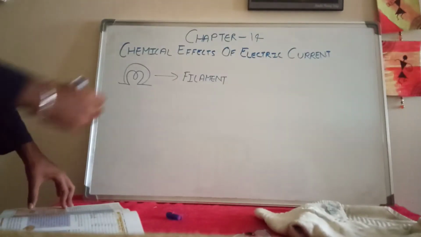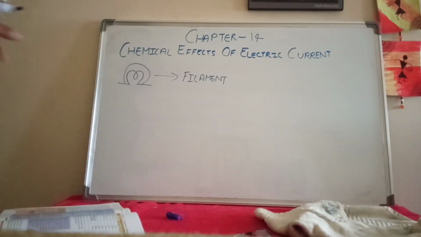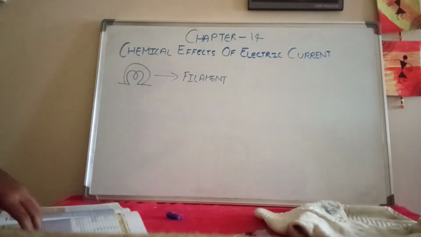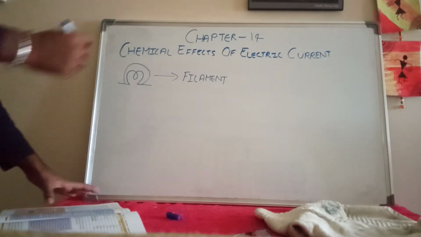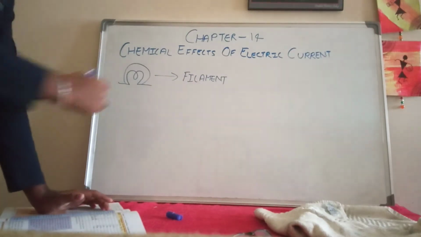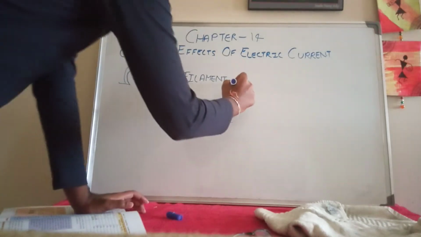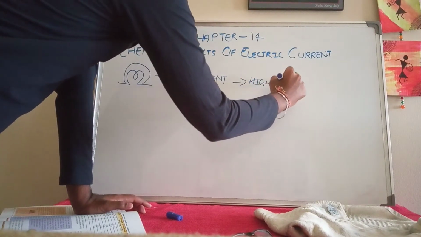The filament is made of tungsten, a material which resists the flow of electricity, and because of the high resistance, a heating effect is produced. But the current passing through the filament should be high enough to heat the filament and glow the bulb. So for the filament to glow we need high current,